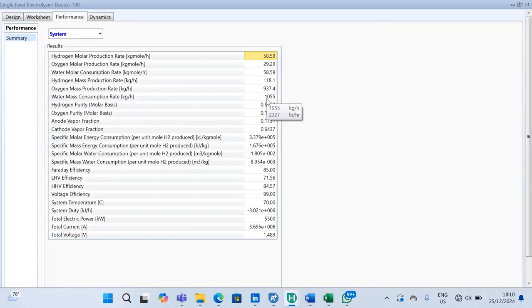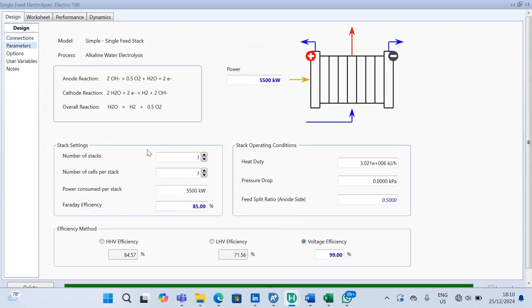It reduces to 1055 kg per hour. And we also see that hydrogen purity has reduced to 0.6263. So these different parameters which you specify here have an effect on the amount of